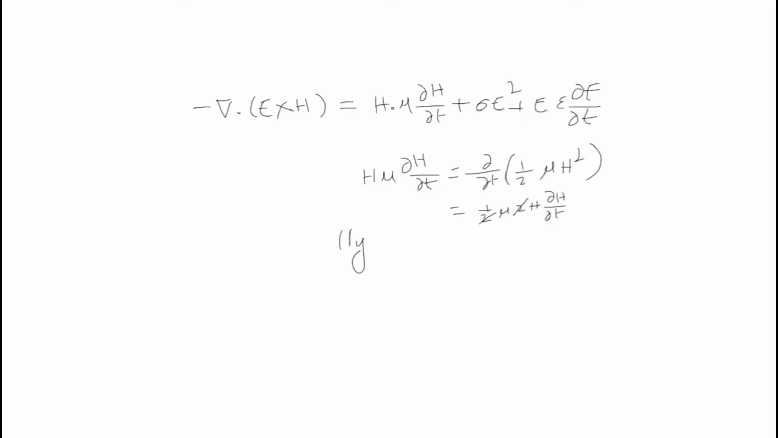Similarly, we can write E into epsilon dou E by dou T, which is equivalent to dou by dou T of half epsilon E square. Actually, half mu H square is the energy density in the magnetic field, and half epsilon E square is the energy density in the electric field. So, therefore, we can write